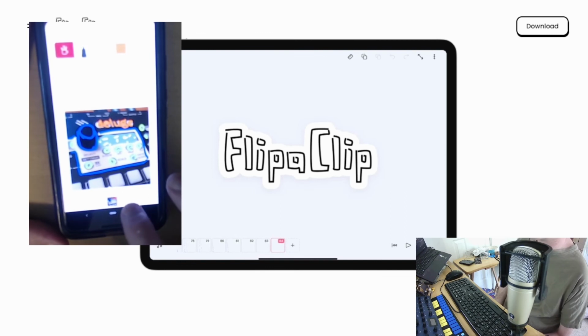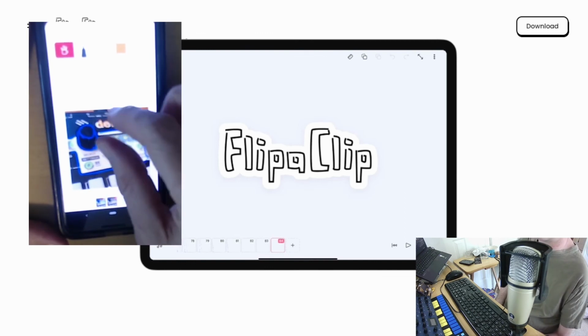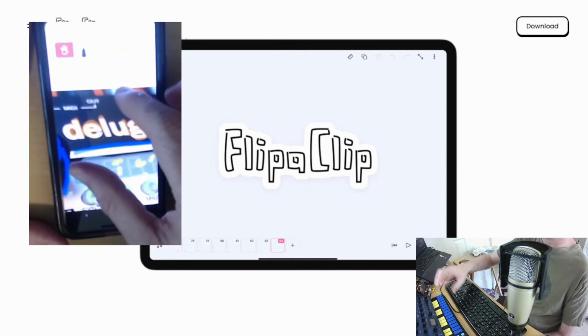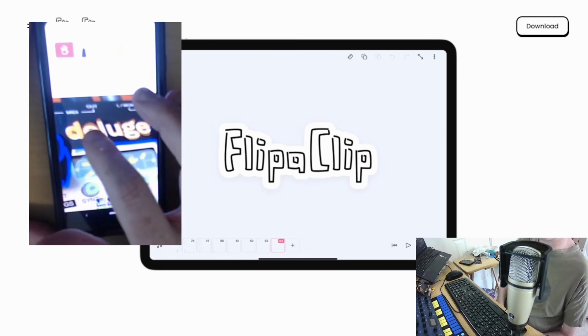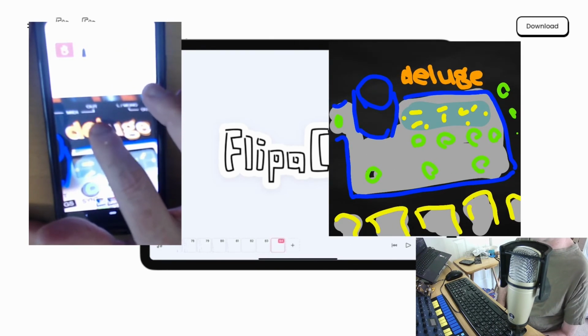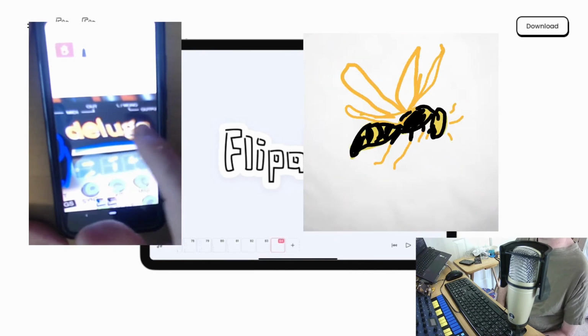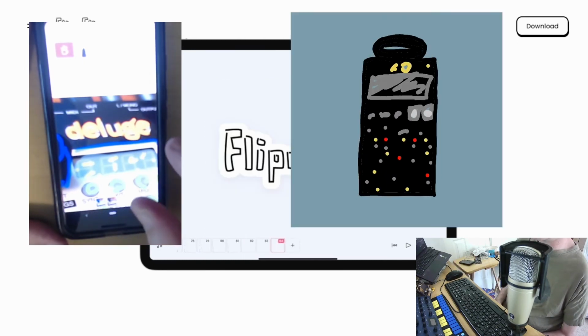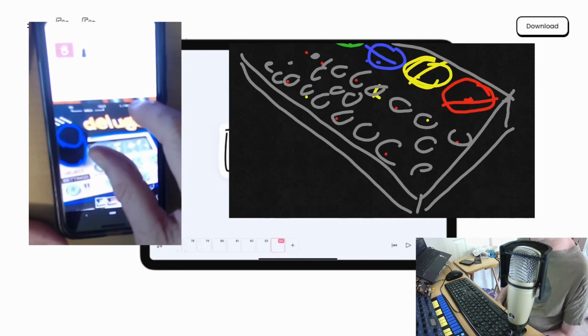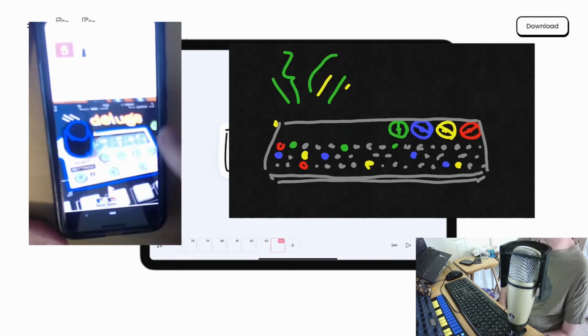I mostly use this for rotoscoping, where you can take an image and trace the components of the image you want, and then create animations off of that. For me, drawing animation is relaxing and enjoyable, but often tedious. I could spend hours creating a really good 10 seconds worth of video.